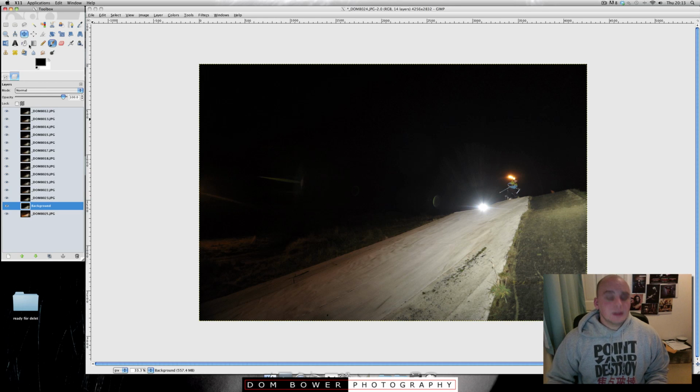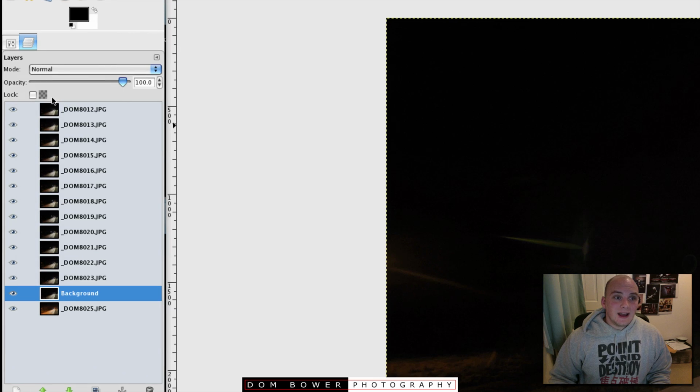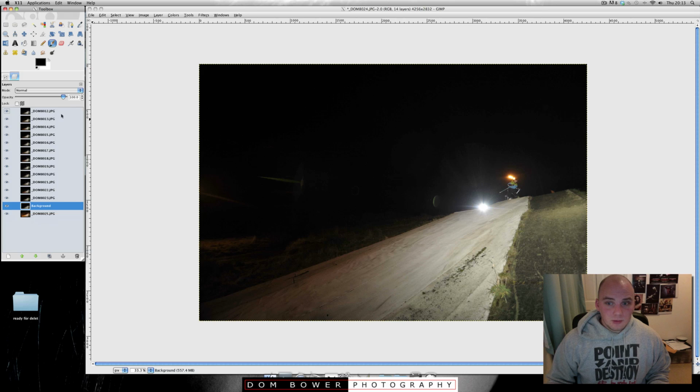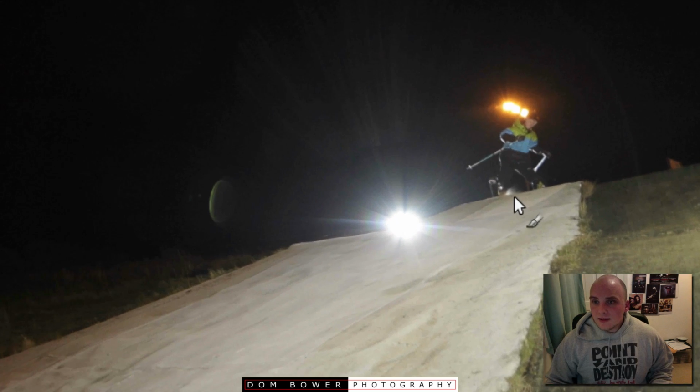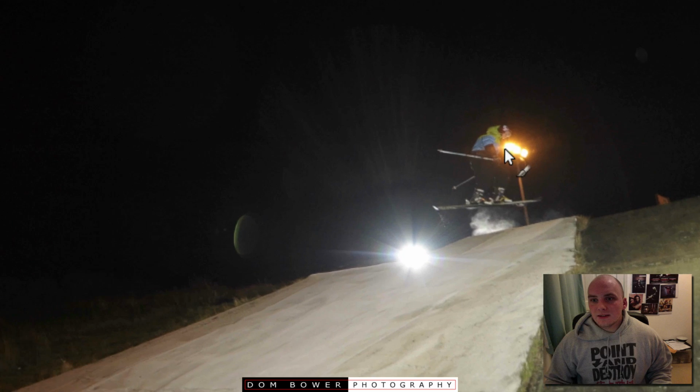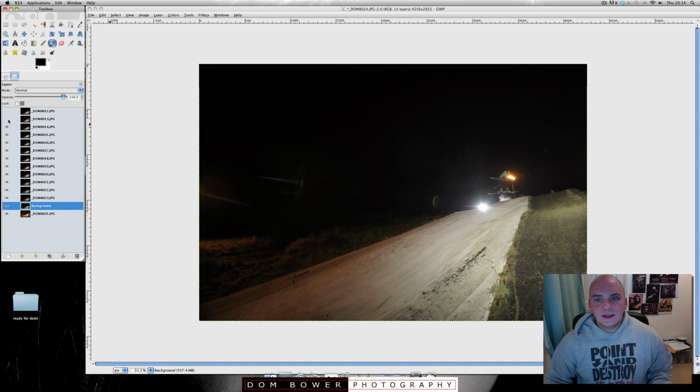Okay, so what's happened in Gimp is that all the photos have loaded up as layers on the left-hand side. So it goes 12, 13, 14, 15, 16, 17, 18, and so on, background, then 25. For some reason it's randomly called number 24 as the background. So I just moved it all so it's in the right places. What it works out as is that the top one is where the skier is just taking off. As you can see here, that's him just about to take off. If I go to the next shot, so if I just take the icon off, we'll see that that's him in the second position, and then so forth,